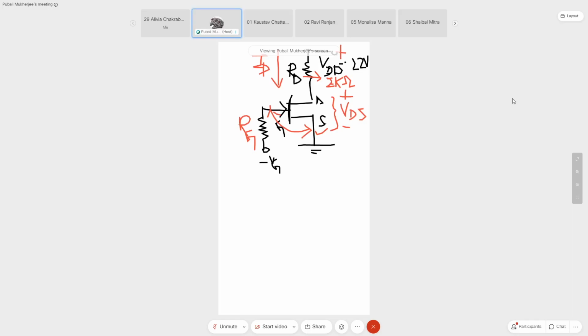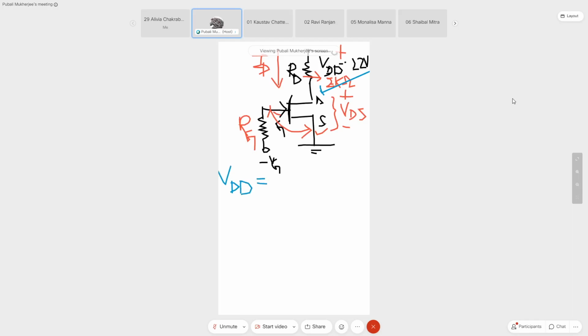So I go back to the point where I left. I need to draw the output characteristics and the DC load line. So we look at the output part of the circuit, this part of the circuit. I'm tick marking this part in blue, and we will use KVL to write down the equation. So we can write that VDD is equal to